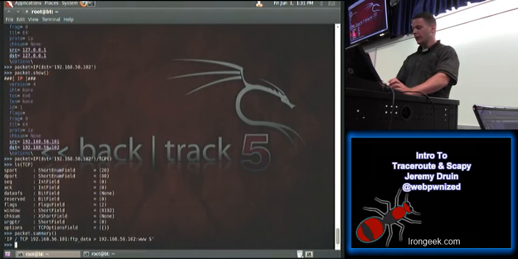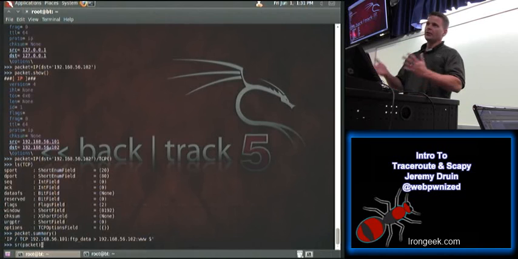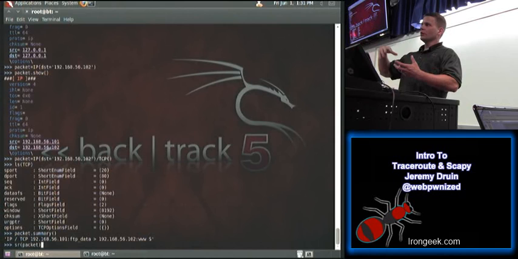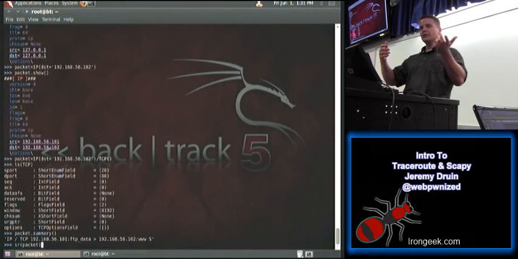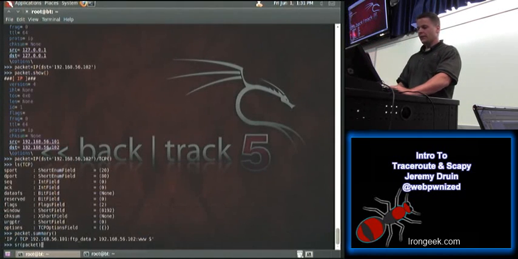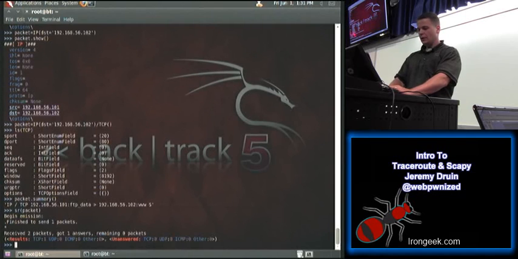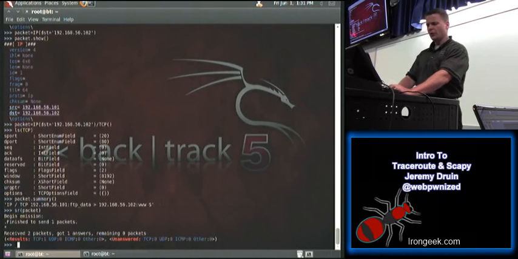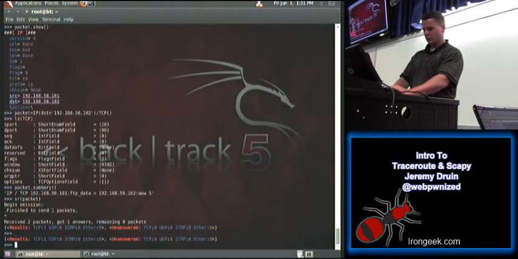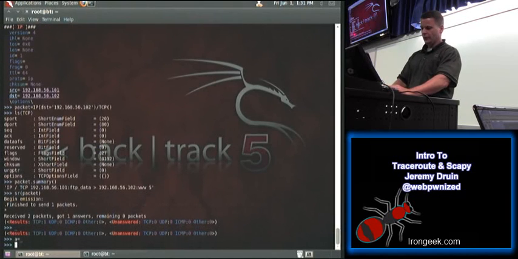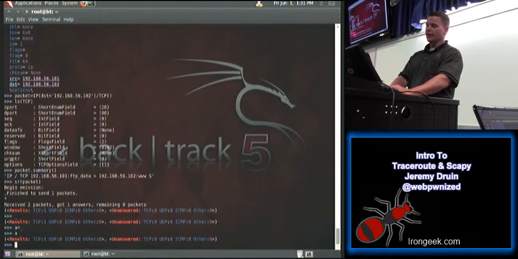All right, sending the packet. That's going to be where this SR command comes in. So if we pass our packet to SR as an argument and we send it, it'll send the packet and then it'll listen for a response, and when the response comes back, it'll save it. It saves it by default into this pseudo variable underscore. So if we say A equals underscore just to assign it to something, and then print out A, we can see that